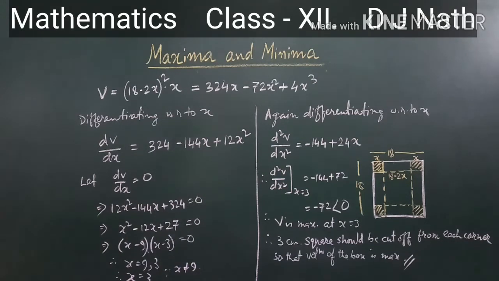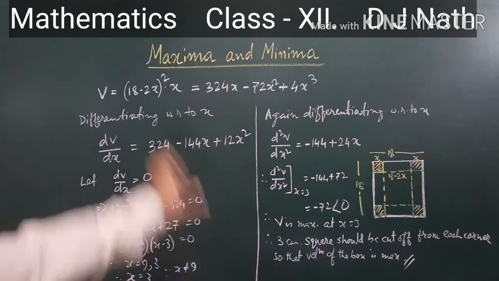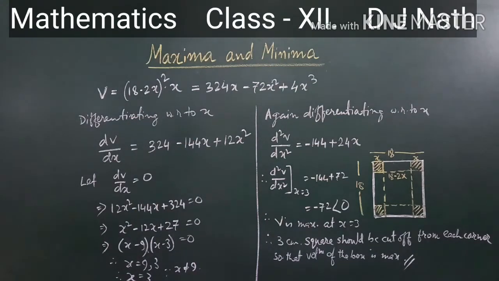So this way we can proceed to the next question also of the same kind, where instead of a square it is given a rectangle. It is a rectangle of side 45 cm by 24 cm, and we have to cut the square from each corner. Similar kind of question, you can try that one. Other things are the same. We will go to the next question, question number